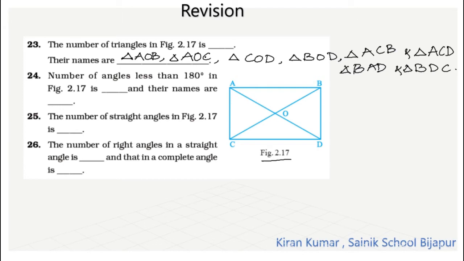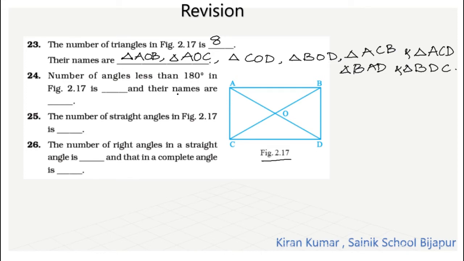So totally 1, 2, 3, 4 plus 4, total 8 triangles are present in this figure. In the same figure, we need to answer the next question. Question 24. The number of angles less than 180 degree in the figure is,